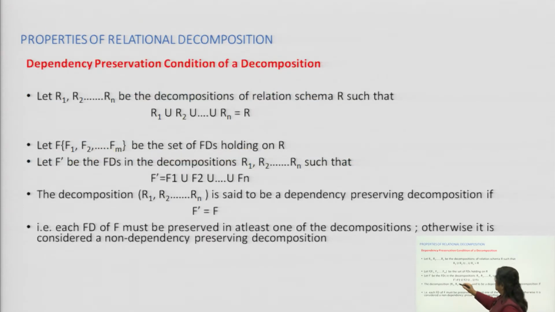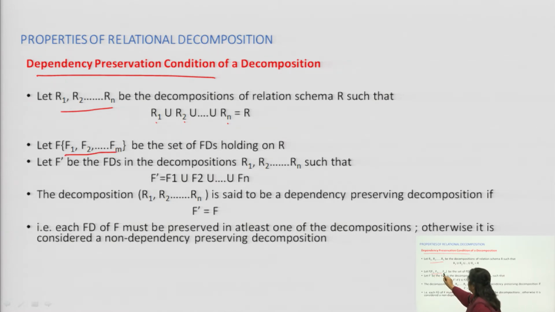Second is the dependency preservation property. So, if we have the relation R and the decompositions are R1, R2 up to Rn, then we say that R1 union R2 union Rn should be equal to R. Now, let F1, F2, Fm be the functional dependencies that are there in the original relation R. Let